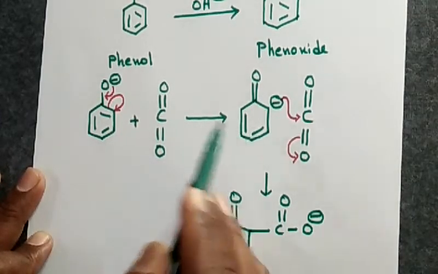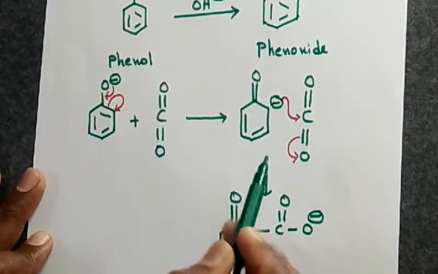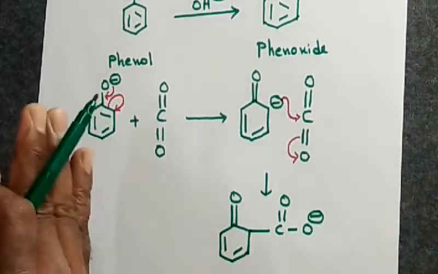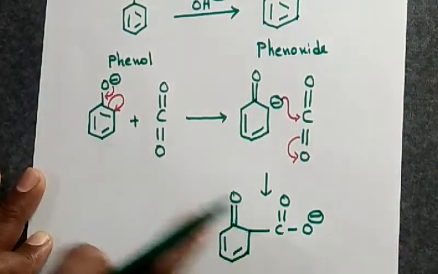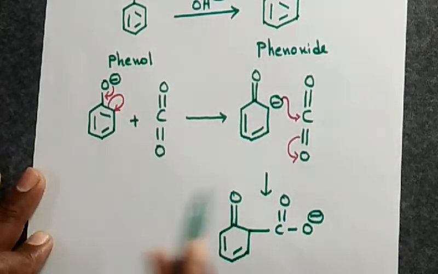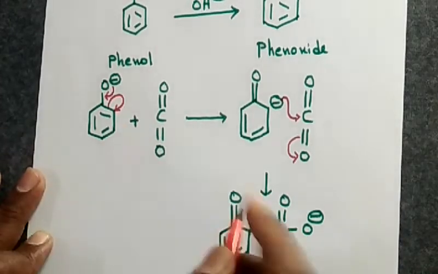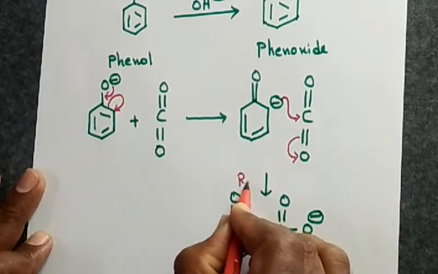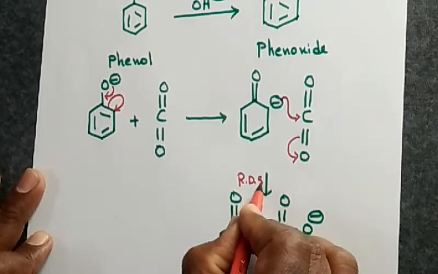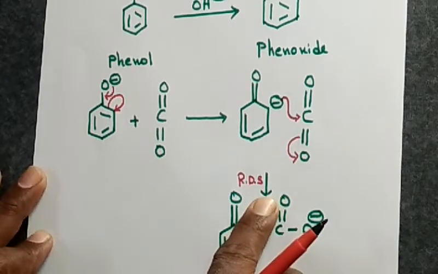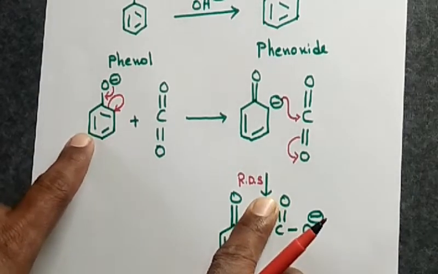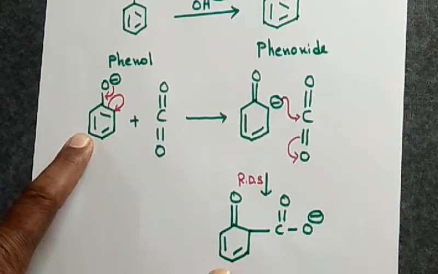Okay, and so relatively less stable means this particular step, generally from this point to this point, or from this to this, generally takes place slowly. Hence this particular step becomes the rate determining step, dear students. Please observe, this is a rate determining step. Why this is slow? Because phenoxide ion is having the aromatic character but not here.